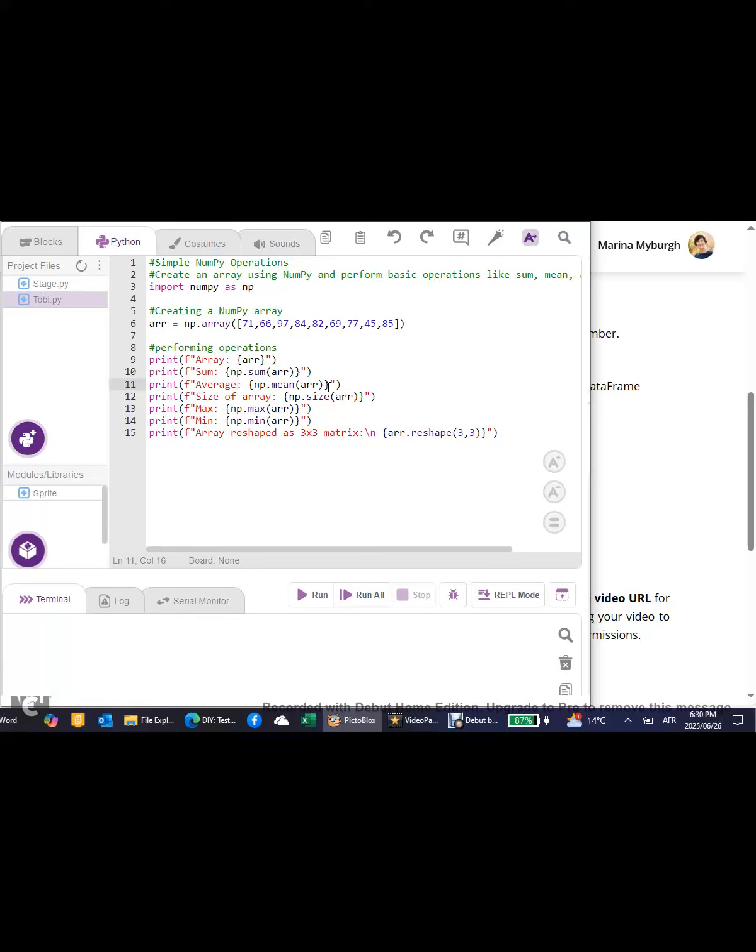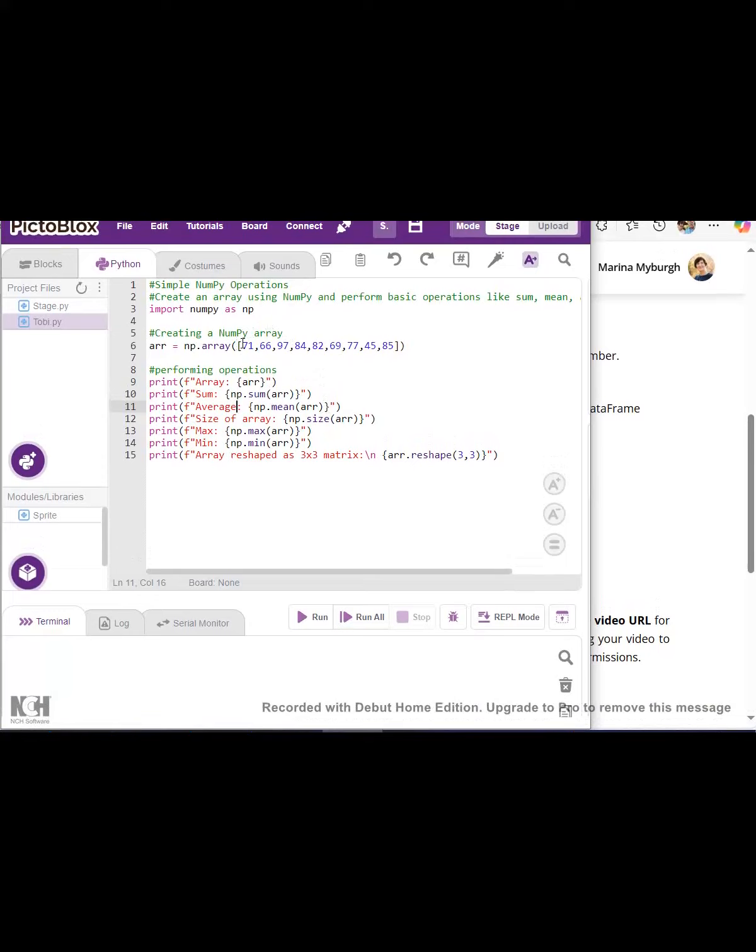In this program, we demonstrate simple NumPy operations to create an array and then perform basic operations like sum, average, size of the array, maximum, minimum, and to reshape the array as a matrix with groups or columns and rows. So I created an array with 9 values, basically to fit the 3 by 3 matrix, and then I used the various